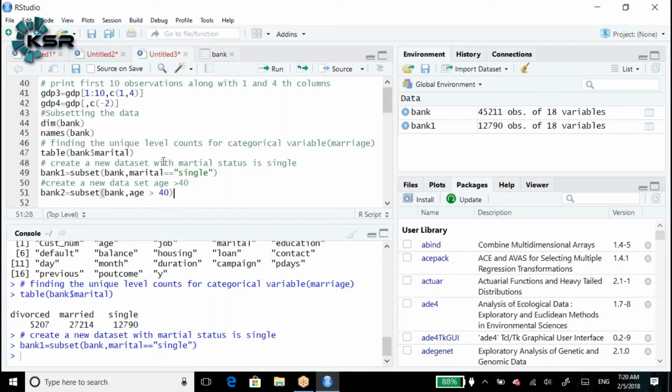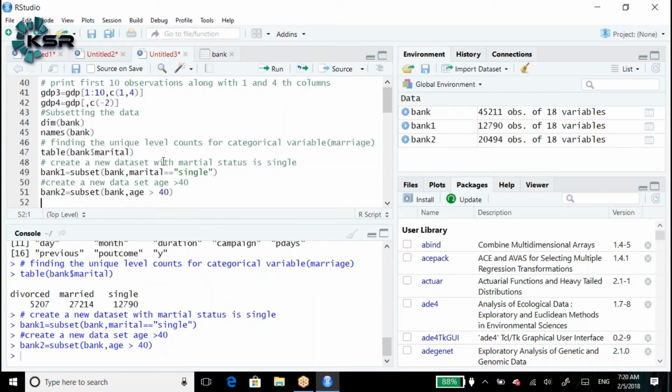On which data set would you like to apply the condition age greater than 40? See how many records we got? 20,494. Here we would like to check how many records we are getting.